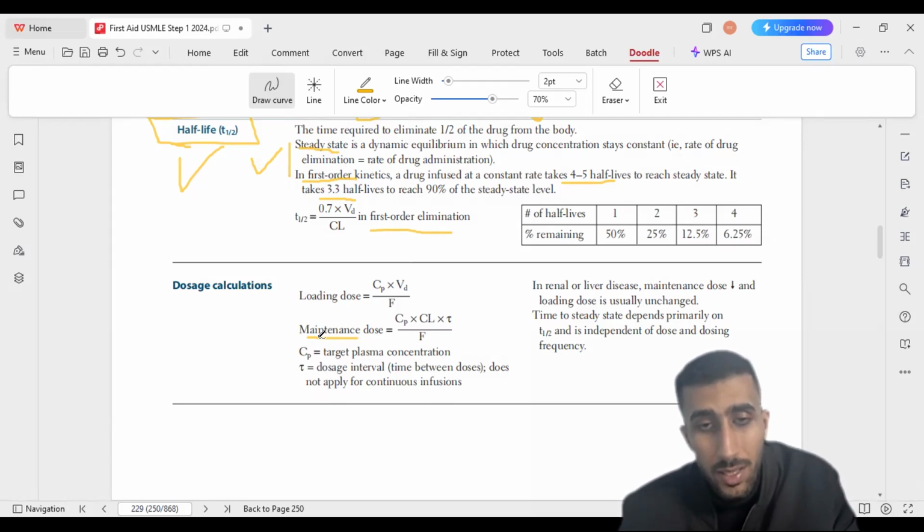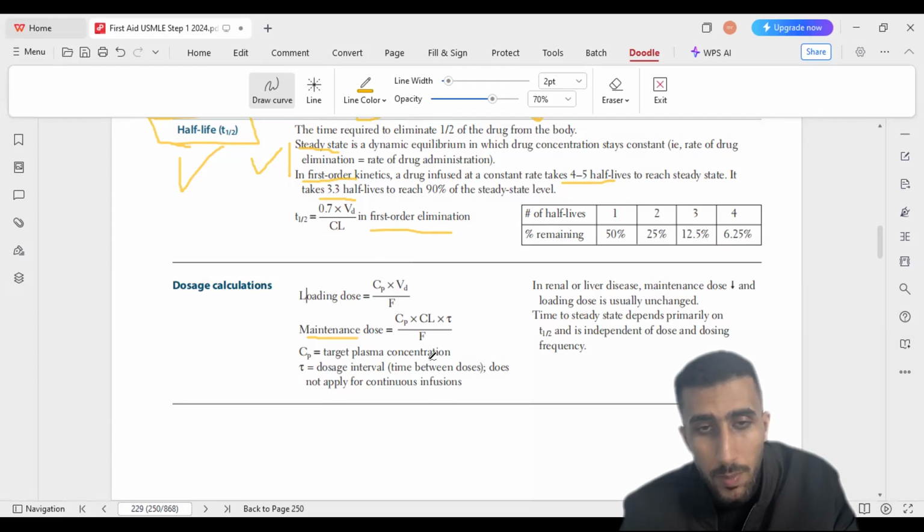So as I increase the time, it's logical to increase the maintenance dose. It also depends on the Cp, which is the target plasma concentration. How much drug do I need to be effective in the circulation? If I need a higher concentration in the plasma of a specific drug, I have to give a higher maintenance dose. Also, I have to give a higher loading dose,